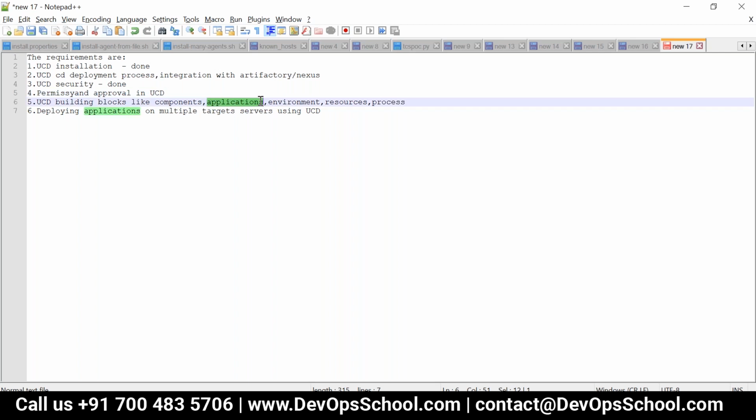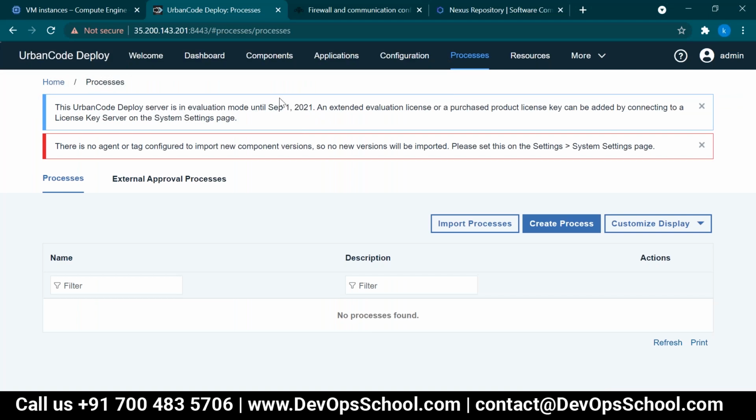If you do an application level deployment permission check, then we can do it. And for deploying an application to multiple target servers, we'll create another Linux VM for an agent, and try to deploy on those two servers. Okay, this works. I really appreciate it. Thank you so much for everything today.